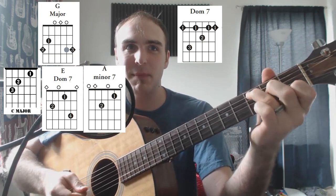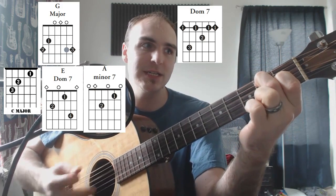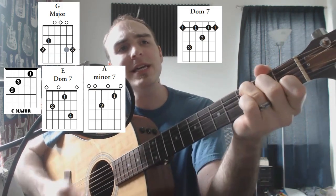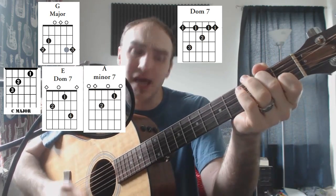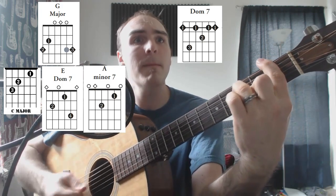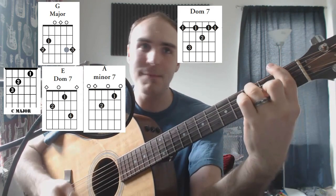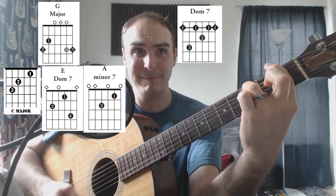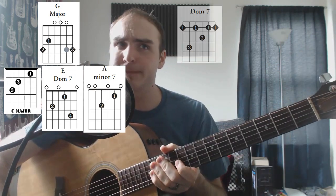So just a quick recap, play it through. C, D, E7, A minor 7, F7, C, G, E7, A minor 7, F7. Same pattern, nothing changes. You just move it down. And then the end is the minor 7 there. And then it gets into the hardcore Lapis Lazuli part, which I'll show you in just...